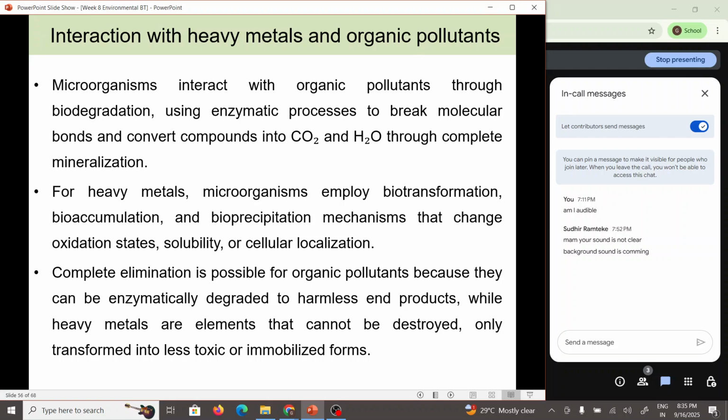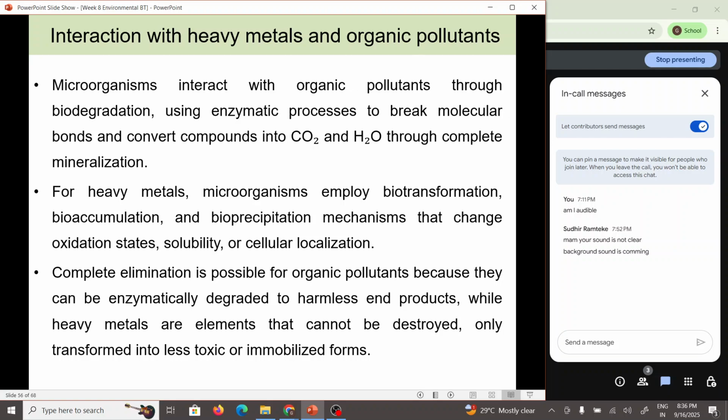And in case of heavy metals, microorganisms employ a technique called biotransformation, bioaccumulation and bioprecipitation mechanism. So biotransformation is transforming it into some other form. Accumulation is it is not able to metabolize it for any function, but it just gathers the metal component and keeps on accumulating it inside its cells. This is bioaccumulation. And third is bioprecipitation. Because of some chemical physical changes or solubility changes, there occurs the precipitation of the contaminant. So that is called bioprecipitation